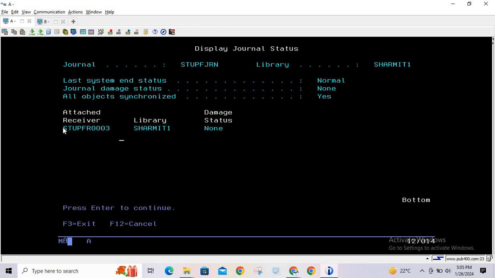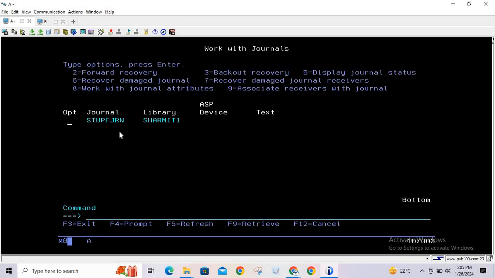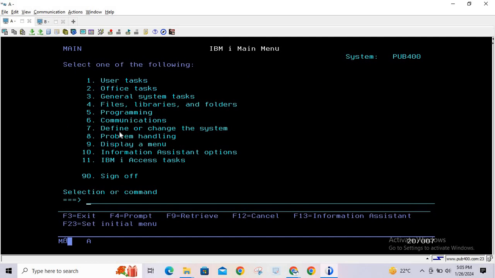and although we have created it, we have not assigned the name because this is a system defined name. So by doing this, we have detached the original receiver, which was STUPFR0002. Okay, fine. Now we can try to delete the receiver with the command, which is DLTJRNRCV,